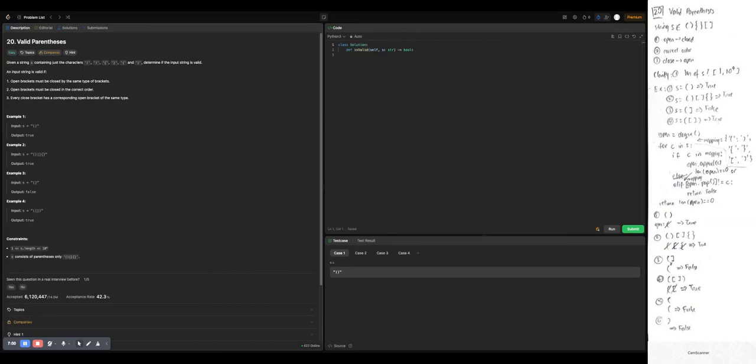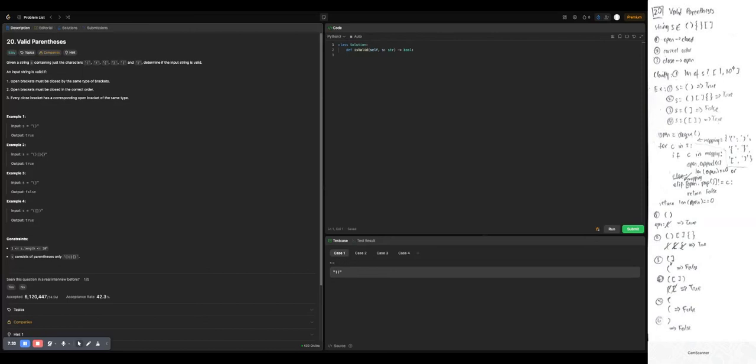So we're going to run through the characters in S. Then we're going to check if C in... let's see how we can do this better. I'm thinking of a better way to... we need a better way to